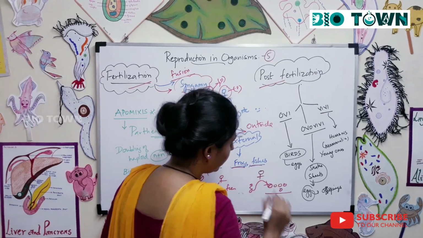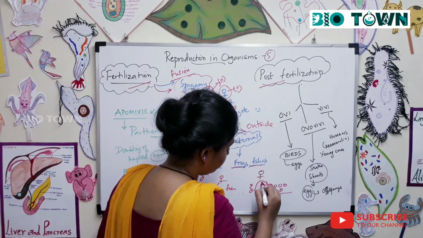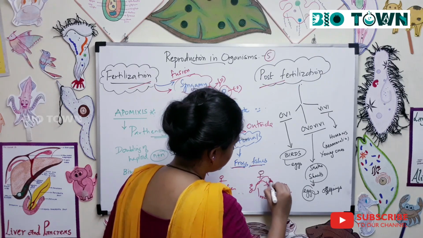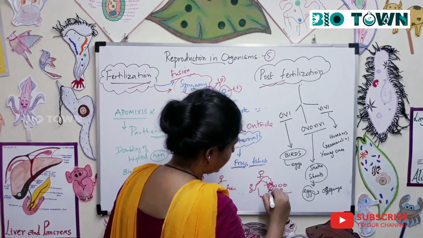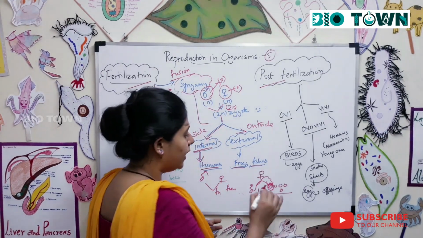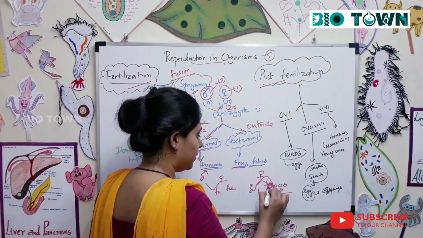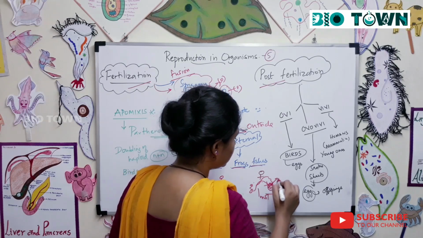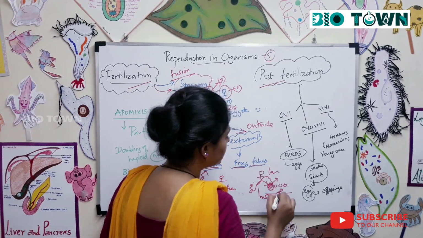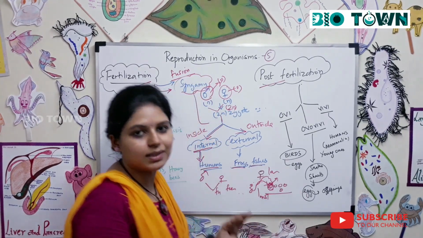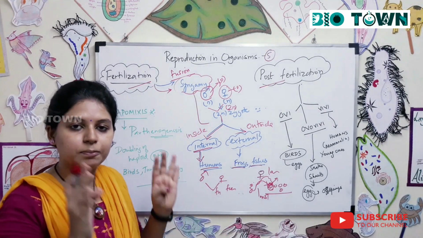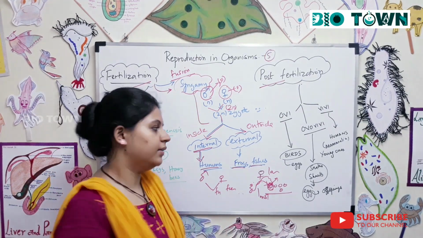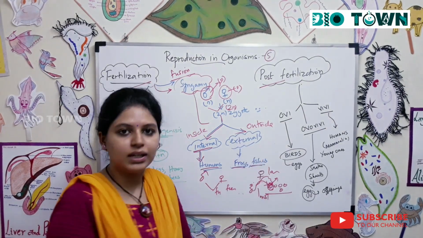Alright, and now what happens? This sperm is motile, right? It can swim, and this sperm can swim and fuse with the egg to form a zygote. And now the post-fertilization event. After the sperm has fused with the egg, there is a formation of the larval stages also inside the water body. So all these events happen outside the body, and you call it external fertilization.